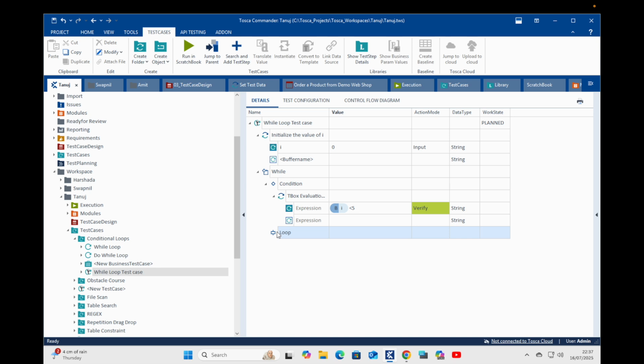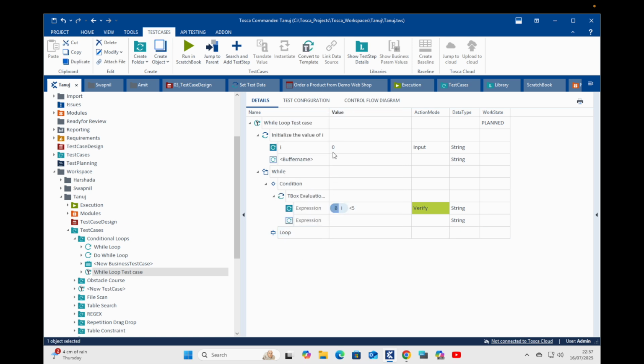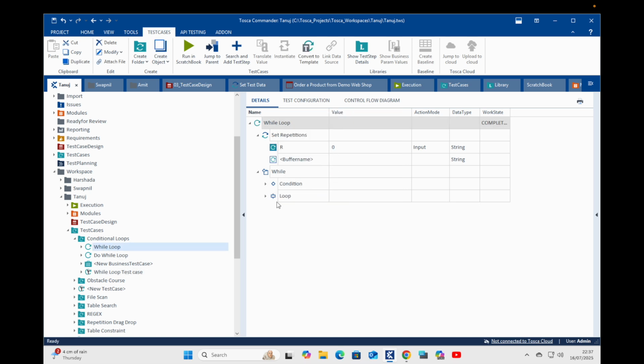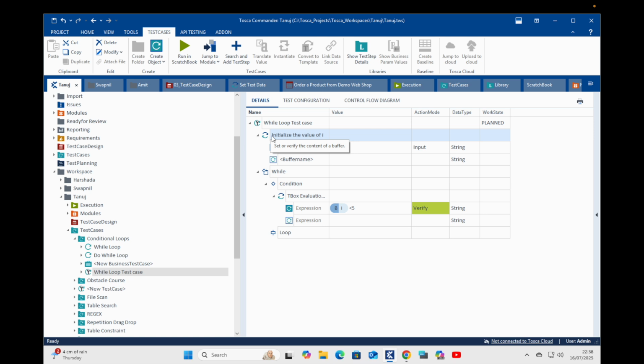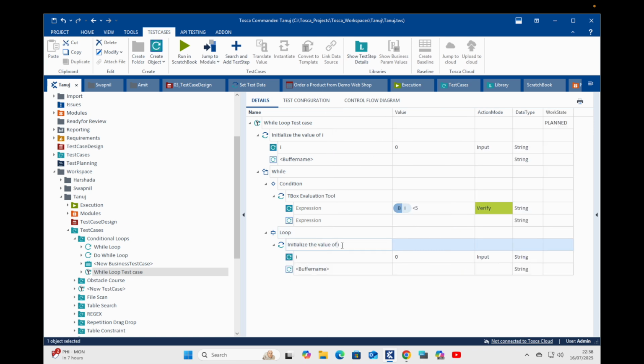Now in the loop, I'm going to increase the value of I by +1, like how I did here. If you can see, I'm just going to increase the value of I by +1. So the same buffer I initialized over here, I can add in my loop, and I can rename this step as